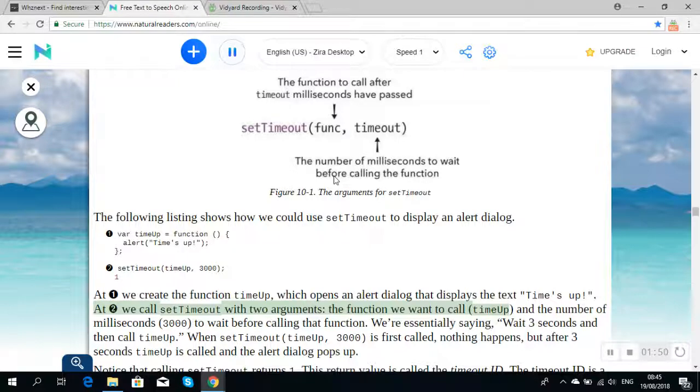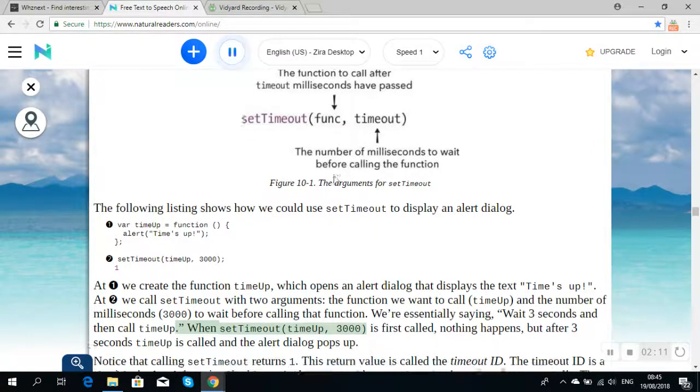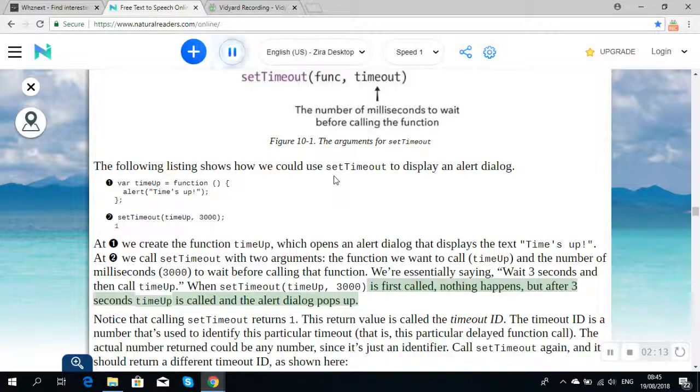We call setTimeout with two arguments: the function we want to call, timeUp, and the number of milliseconds to wait before calling that function, 3000. We are essentially saying, wait 3 seconds and then call timeUp. When setTimeout(timeUp, 3000) is first called, nothing happens, but after 3 seconds timeUp is called